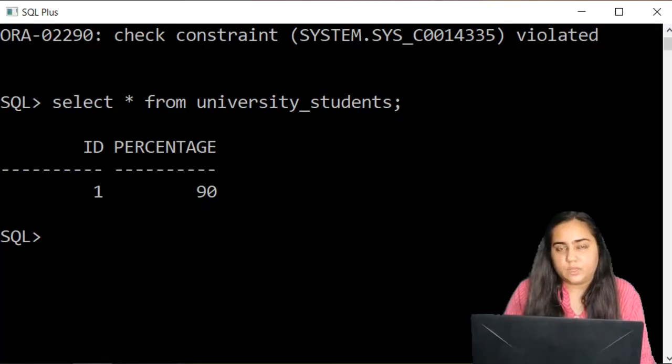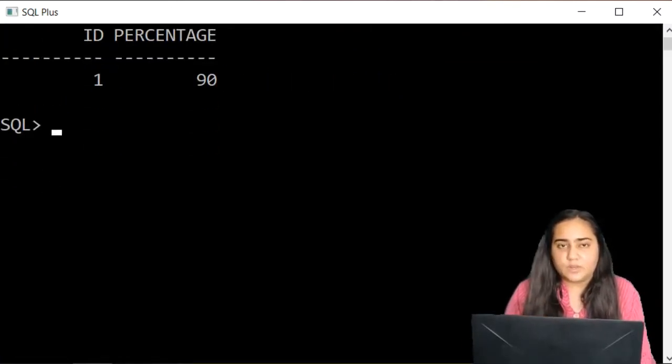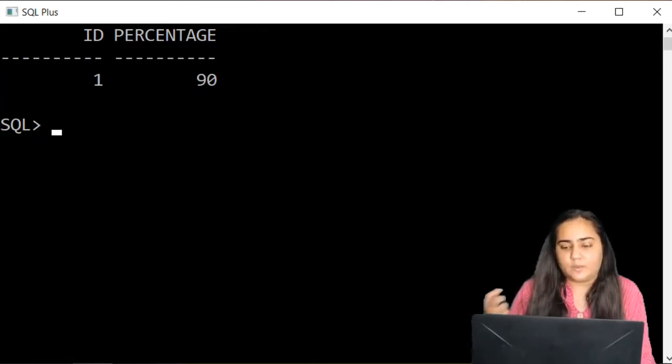So this is how you can implement check constraint. But check constraint is not limited to just checking a value in this manner. You could also provide a list of correct values to choose from. For example,